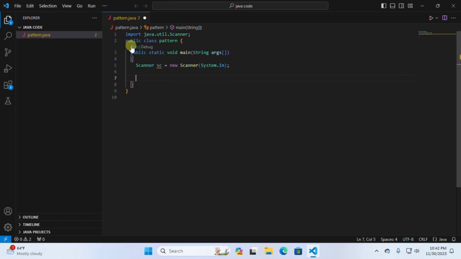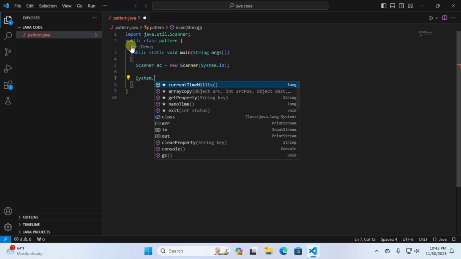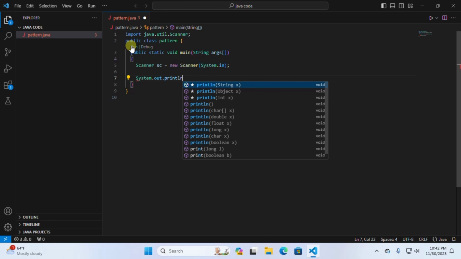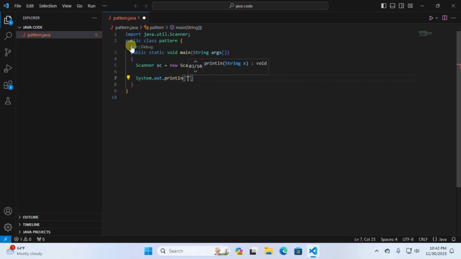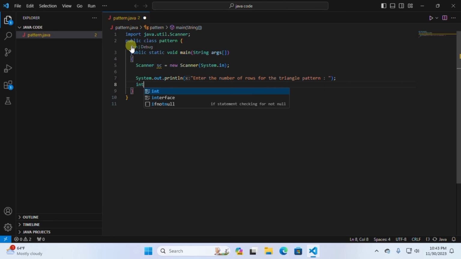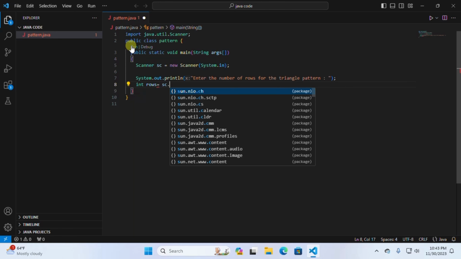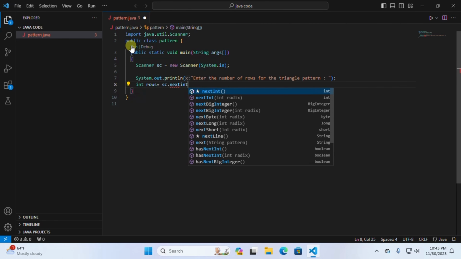and then after we need to print a line. System.out.println("Enter the number of rows for the triangle pattern"); Then after semicolon, then after int rows is equal to sc.nextInt();